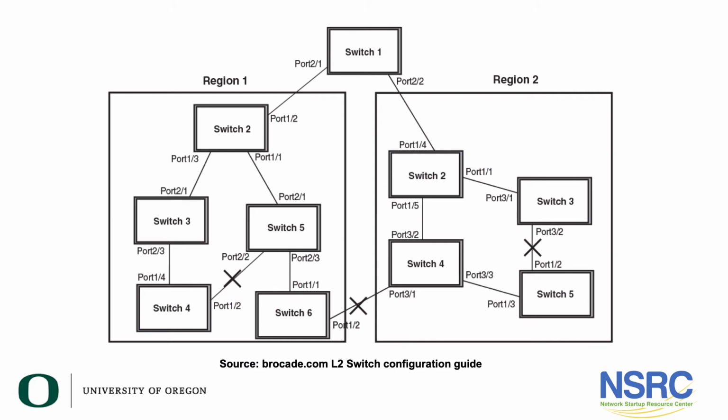So we're going to have a more detailed example, and this diagram is taken from Brocade, which acquired Ruckus and is now owned by somebody else. But the idea is to get into some detail of how these links would look inside the different spanning tree instances. At the top you have switch 1, a switch which is outside both regions. That switch could be a switch that is running rapid spanning tree or even traditional spanning tree. Then you have region 1 and region 2, each with their set of multiple spanning trees inside.